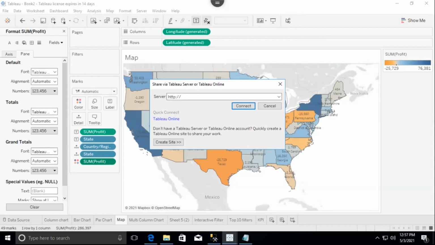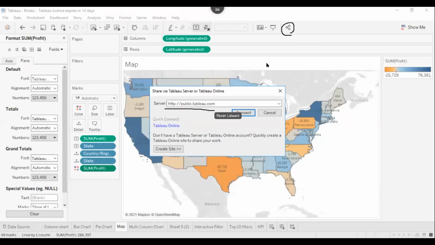Not everyone, in fact, only people using the paid version of Tableau. Click on this button, and Febin, you can type public.tableau.com here. Wait for a second so that other people can do it. There are some lengthy steps you have to do. Everyone, click on this button, type public.tableau.com and click on connect.